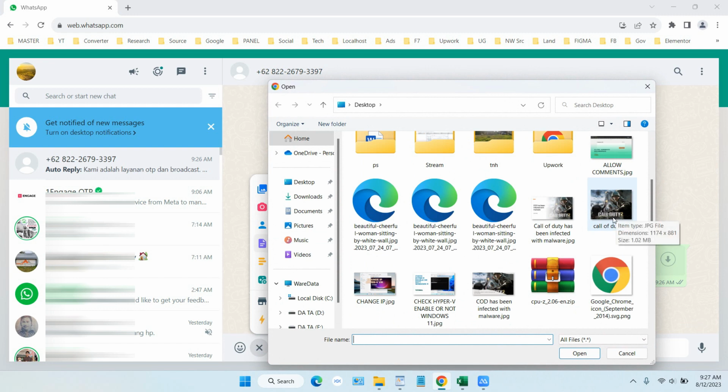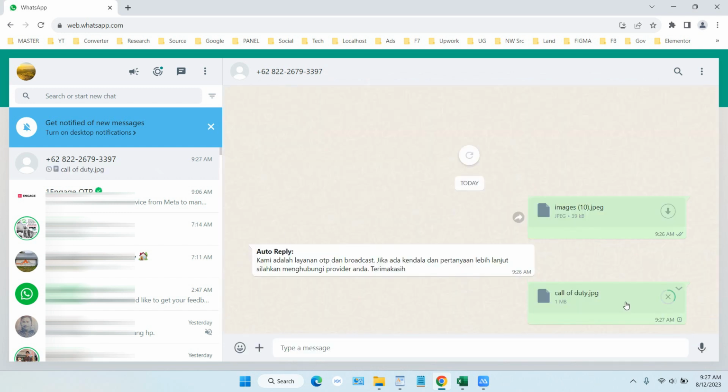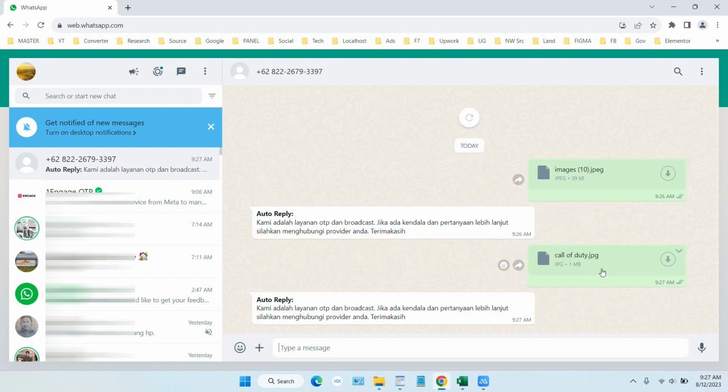For example, I want to send the Call of Duty photo here as a document, and we can click send here. You can see this 1 megabyte is not compressed, so your friends can open your photo with the best results or the best view or the best